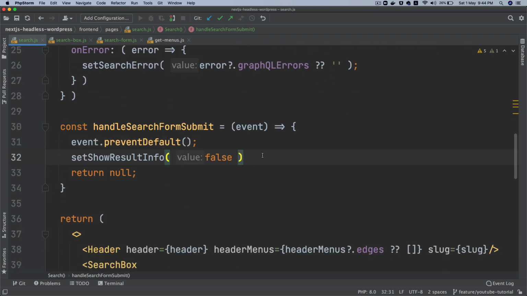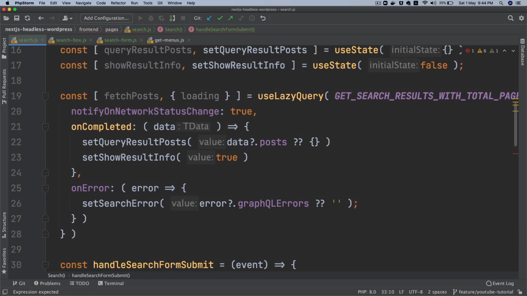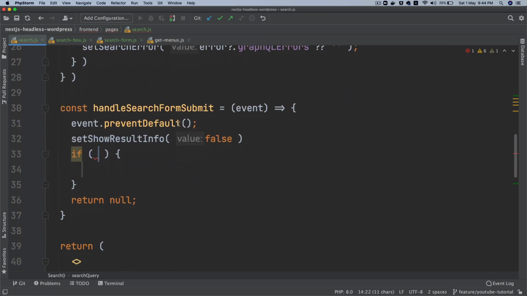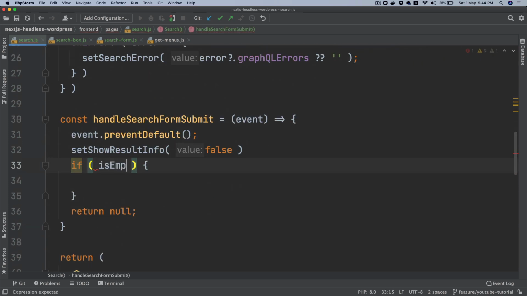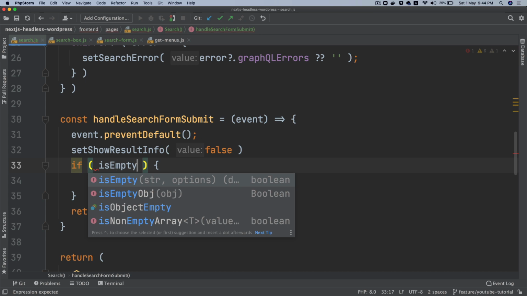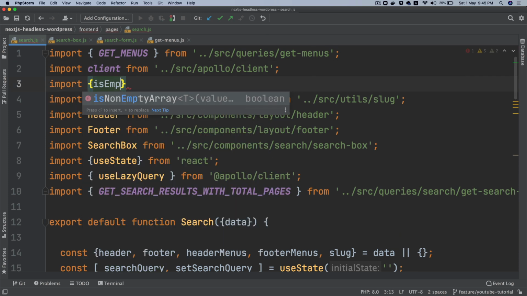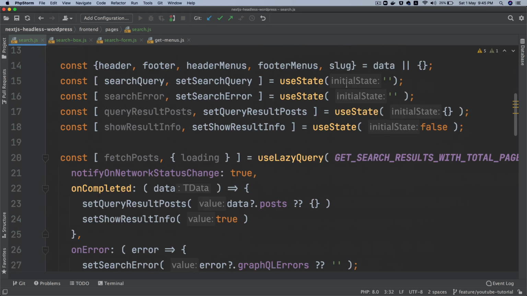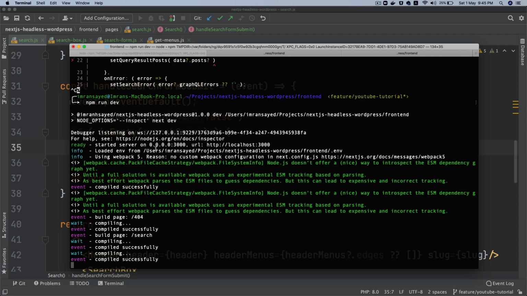Okay. So then if search query is empty, which is this one, I'm going to say is empty. Let's pull is empty on top. Import is empty from Lodash. Okay, so if it is empty, which means that the user hasn't really typed anything and the user is trying to submit